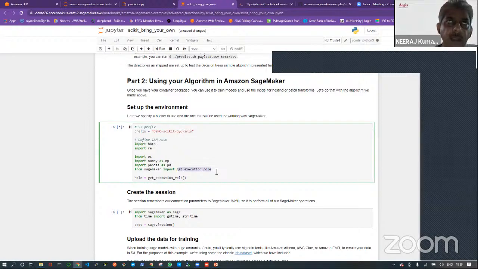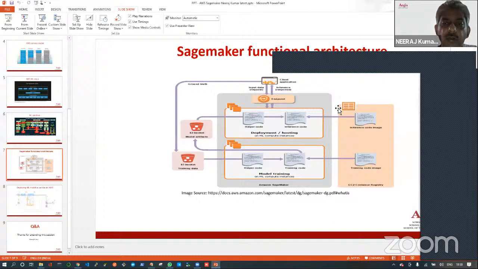When I have shown you, right? So when I created the instances, I created one role. So it will get that role. That role will provide all kinds of authority to the SageMaker, whatever is required to do the complete orchestration of these steps. So a role is required in AWS to perform any activity. You need some authority, and that authority is provided through some role. And that's why in the initial steps, when I was creating the instance, I created one role. You remember that, right?